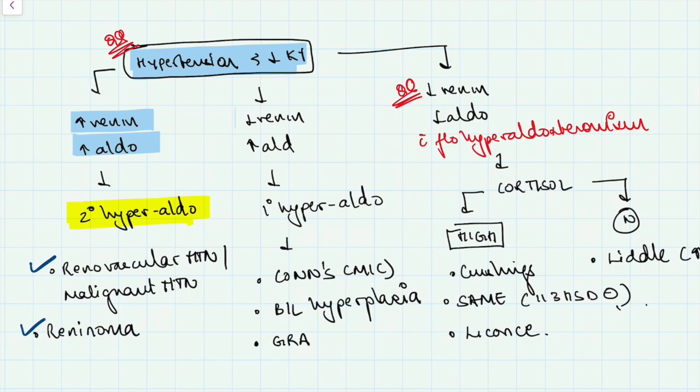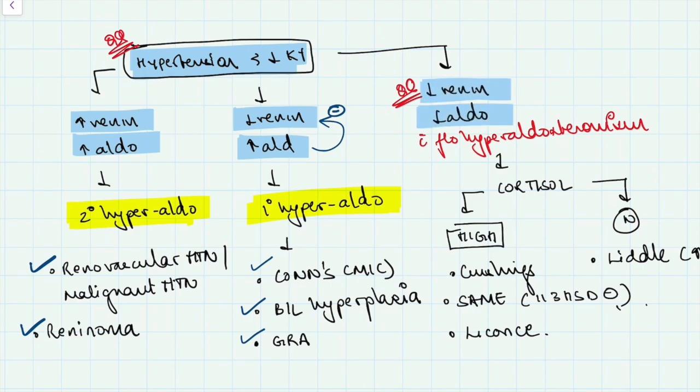Then second, we have causes that have an increase in aldosterone, but there is a decrease in renin due to negative feedback of increase in aldosterone on renin. These are called primary hyperaldosteronism, and the causes of primary hyperaldosteronism are Conn's disease, bilateral adrenal hyperplasia and glucocorticoid responsive aldosteronism, right? Finally, which is very important, is low renin, low aldosterone hypertension, right,